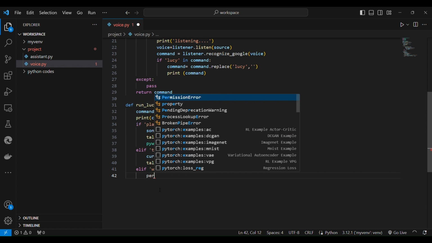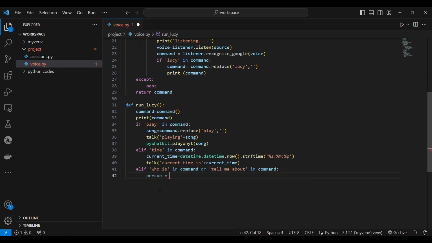person equals, person is a variable, equals command.replace("who is", "") with open brackets and open quotes, and copy the same thing, replace "tell me about" as well. After that,